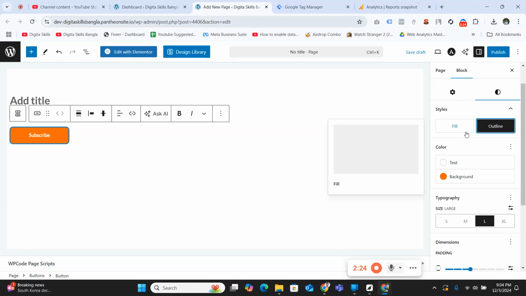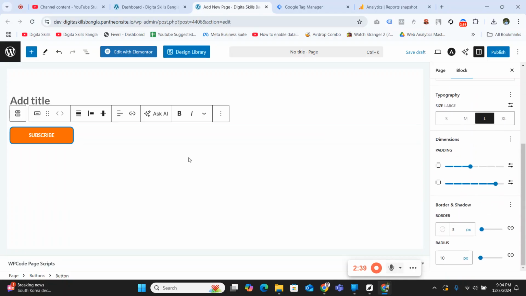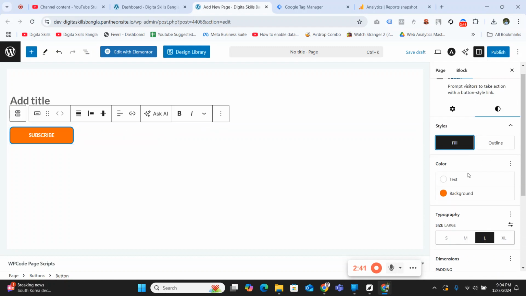You can outline; this will create your border out of this button, or you can fill it so the border is inside the button. Okay, so this is how you stylize a button,